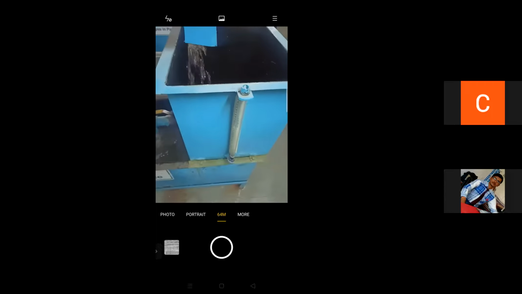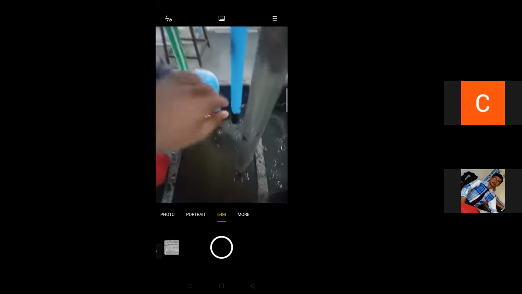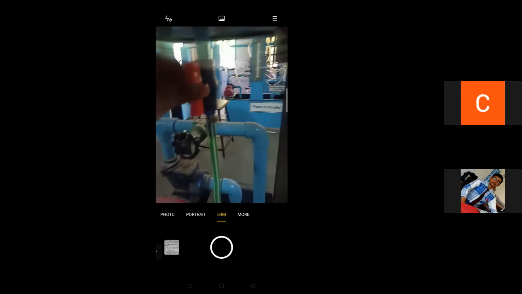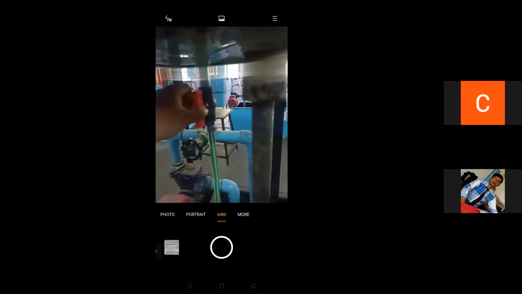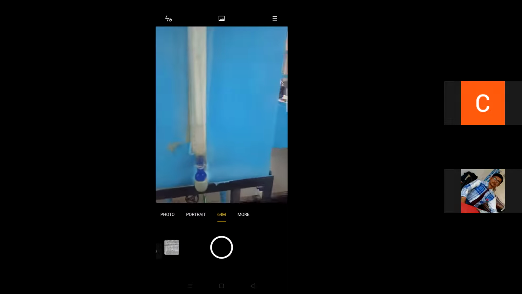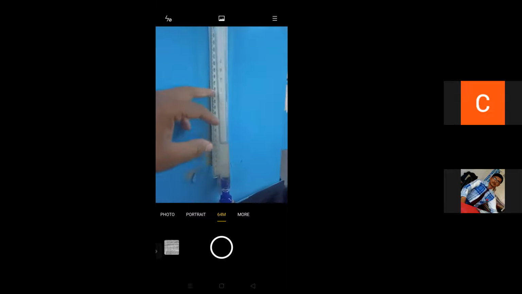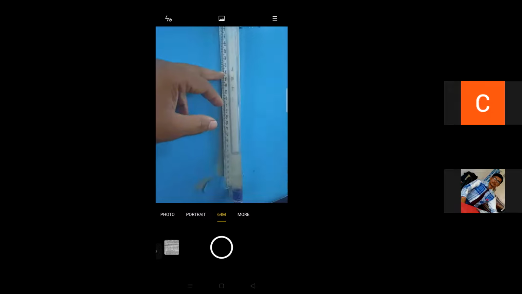This is the measuring tank, with which we are going to measure the discharge. This is the suction pipe. This is the delivery pipe. And here one more valve is provided to control the water flow inside the tank. This is a piezometric tube that is provided here to find out the head of water above the center of the orifice. Okay.